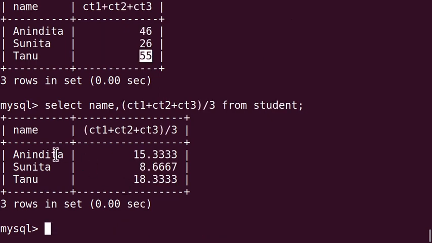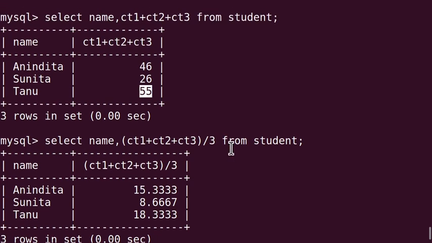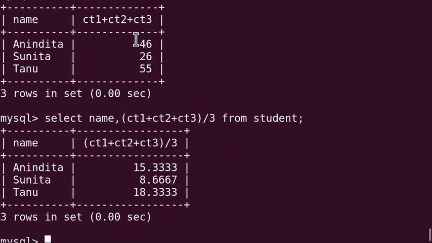See, Anindita's average class test marks, you have to add the 3 class test marks and then divide by 3. So this 46, the total marks in the class test for Anindita, divided by 3, is giving you 15.3333. Similarly, for the rest 2 records you can get.